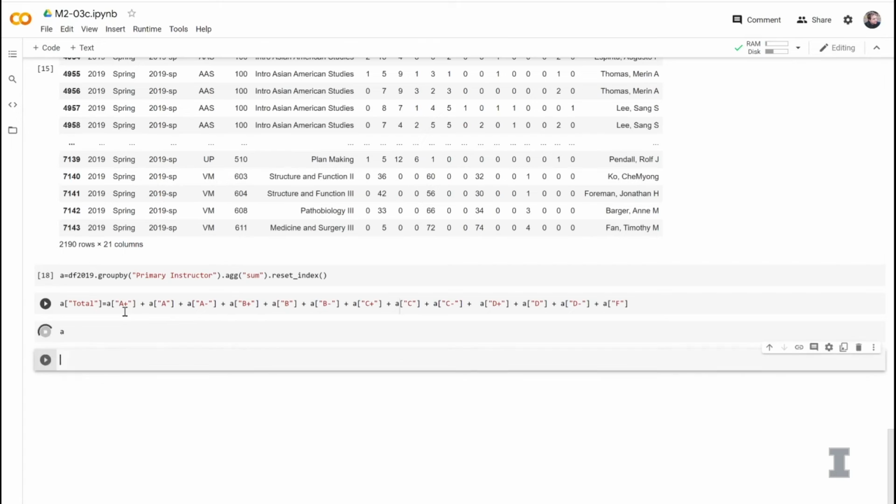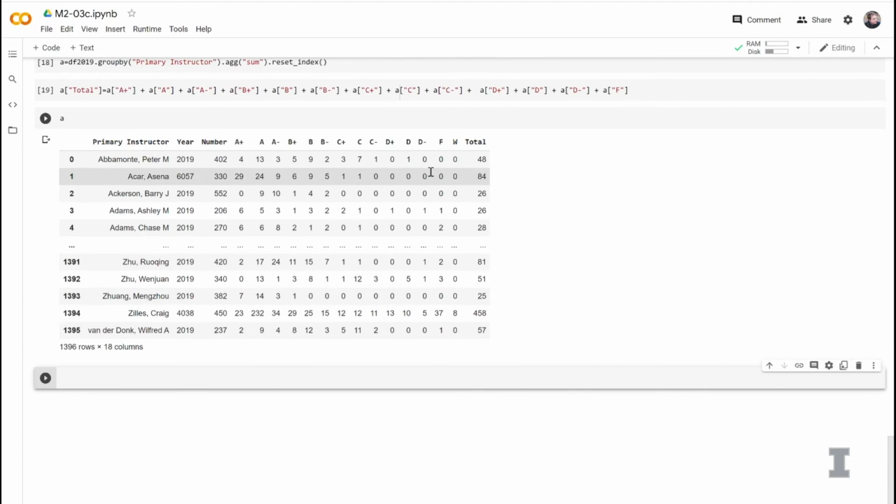And then if we type A, we're going to be able to see what's stored in variable A. It's A and then shift enter, and it looks like A is the total of all of the grades. So we have a column named total now. Yep. Awesome. And the final step is we want to know the top 50 instructors who taught the most students. So who had the largest total number of students?